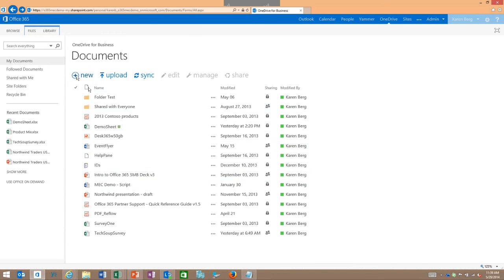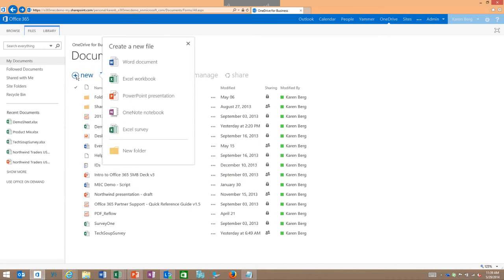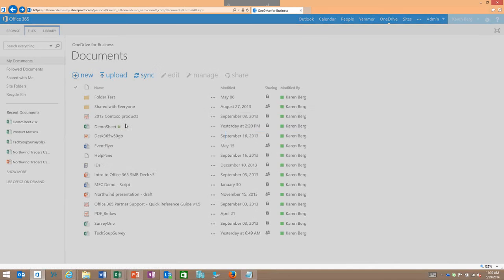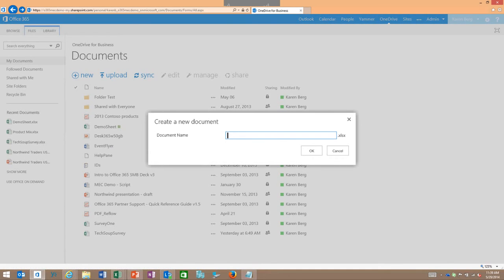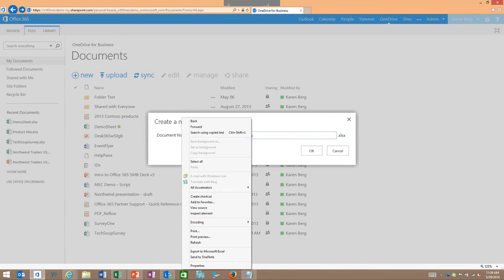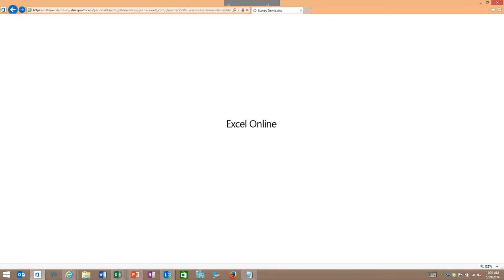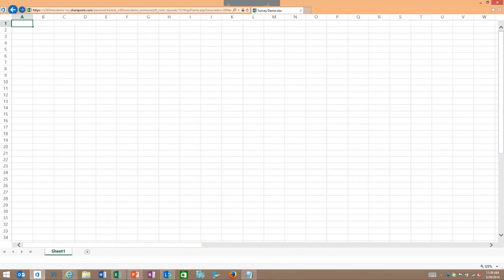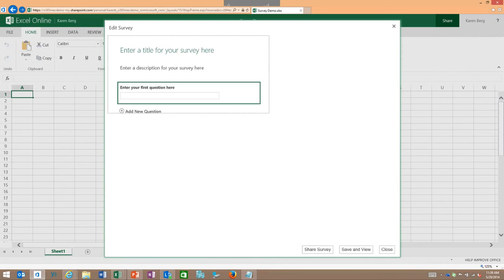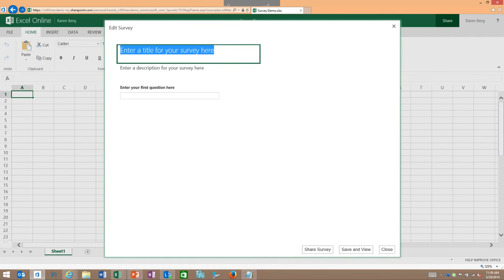I'm going to go through this real quick, but if I click on New here within my web environment, my OneDrive for Business, you'll notice one of the items is an Excel survey. I could choose Excel survey, and I'll call this one, of course I have to spell correctly, survey demo. Click OK. It'll actually automatically generate the survey, and then it creates this survey form. So I could start populating this. Volunteer sign up